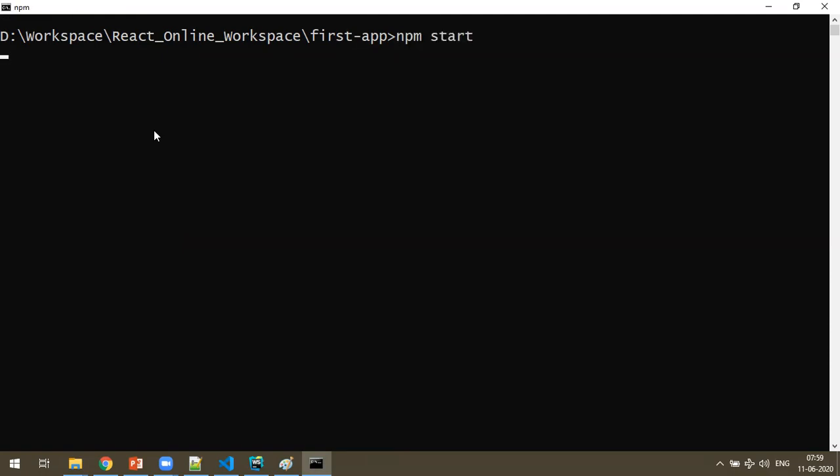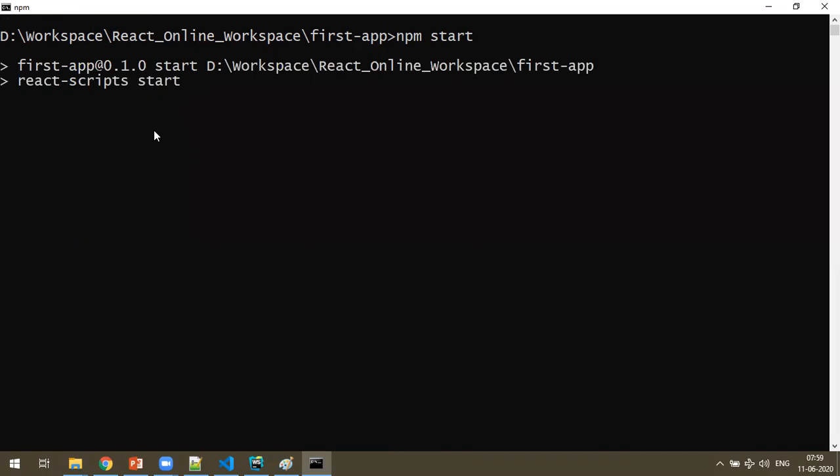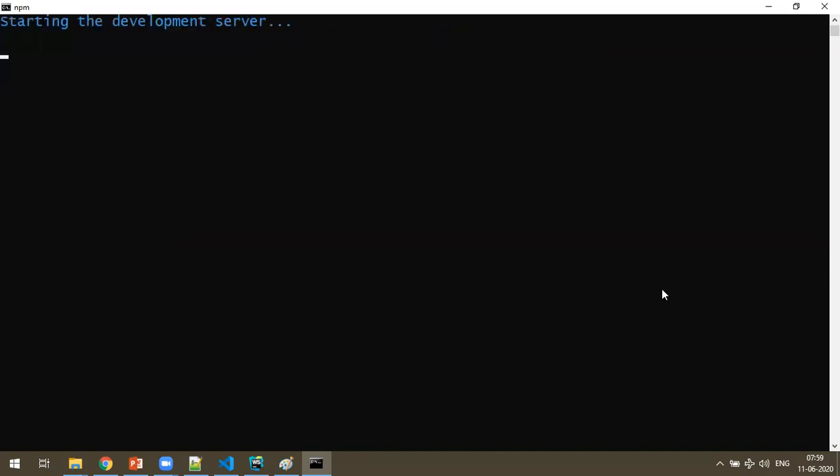This is the command to start the development server of React.js. Okay, it is starting on localhost 3000. This is the default port number of React.js.